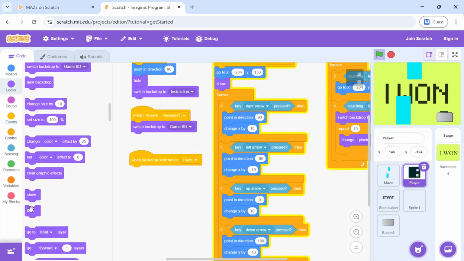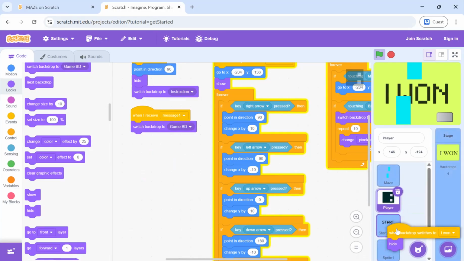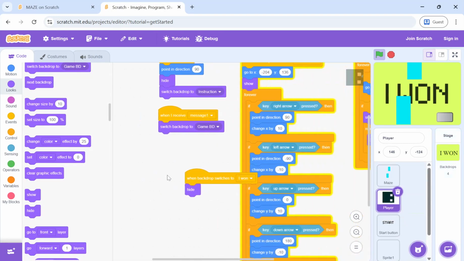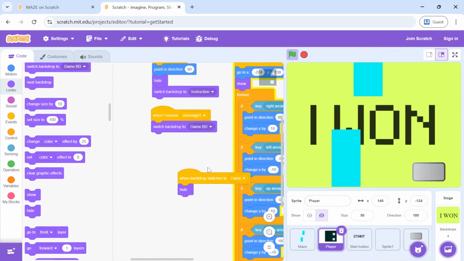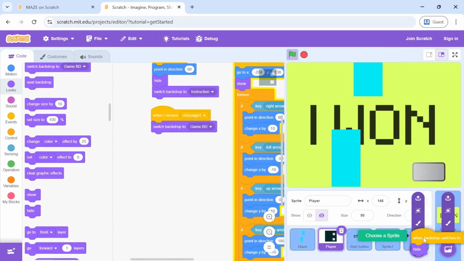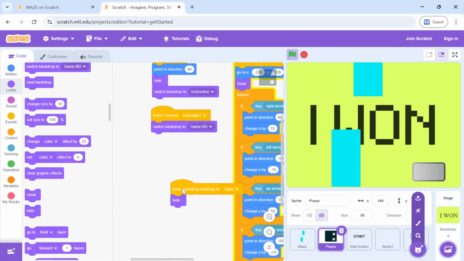I'll simply add it to sprite 1, and I'm going to copy the same code to maze, start, sprite 1 and button 3. This way I've copied the same code.